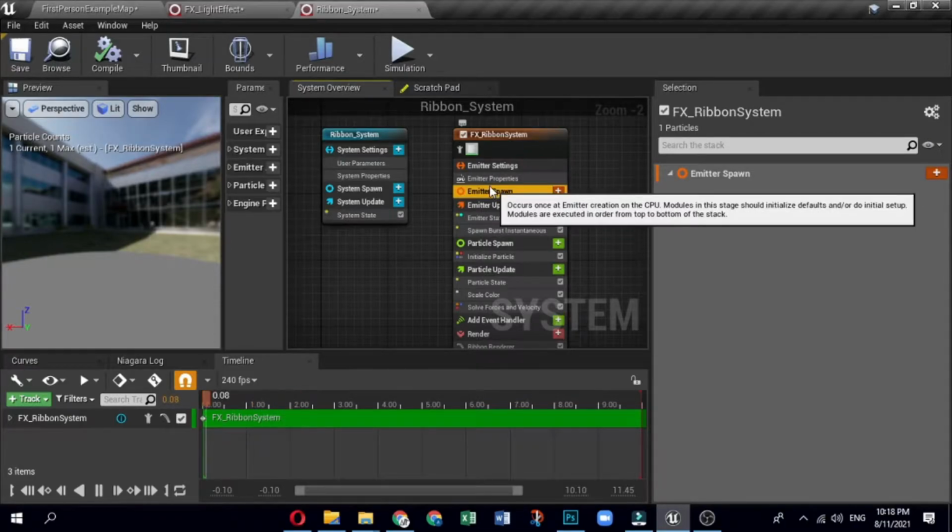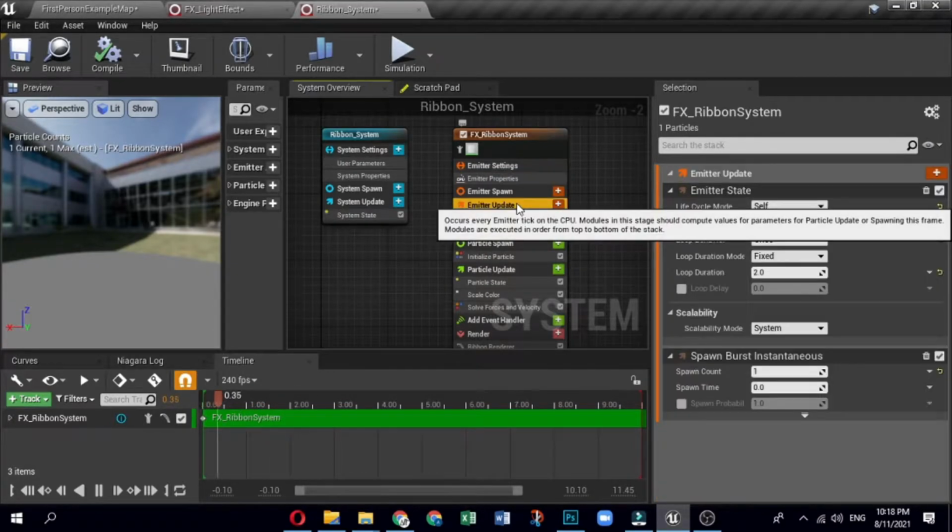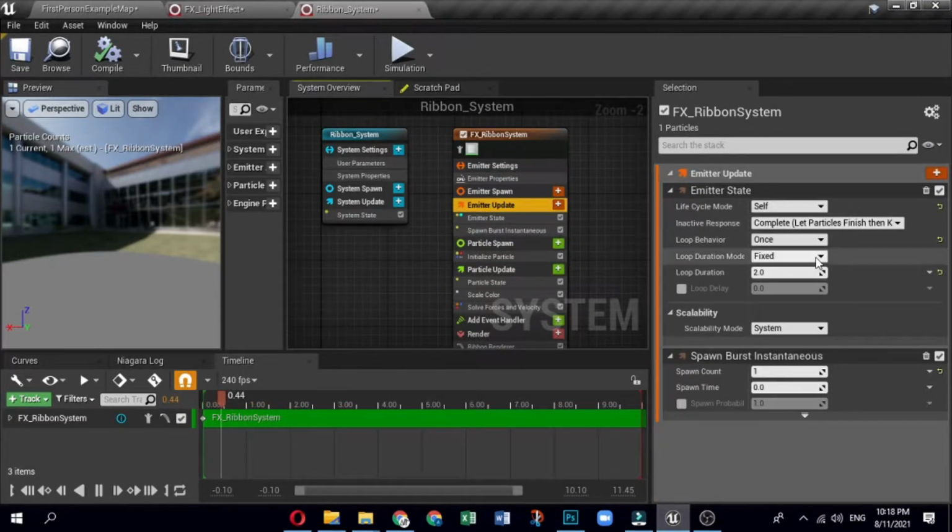Now edit the emitter update group settings. First, you will edit the modules in the emitter update group. These are behaviors that apply to the emitter, and that update each frame. Even after adding a ribbon renderer and editing the settings in the emitter update group, you will not see a ribbon appear. This is normal. When you get to the particle spawn section of this document, you will start to see the actual ribbon.